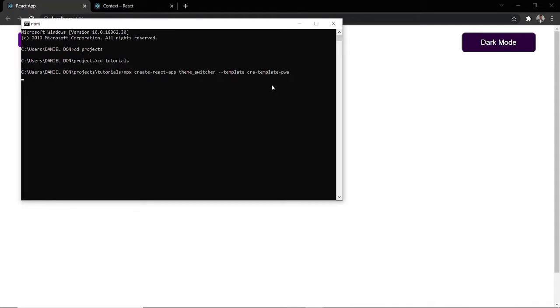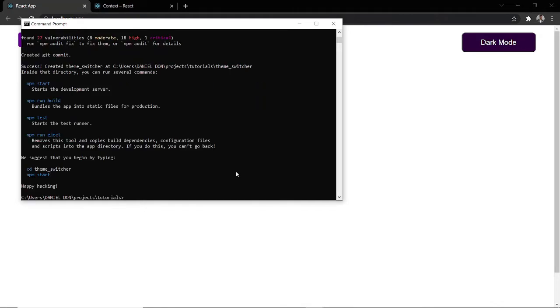So we are just going to wait for this to load. I might make this part a little bit faster, so you could just pause the video and then continue when I'm done. Yay! And now our application has finished building. We finished creating our new application, and the name is theme_switcher. So right now I'm going to switch to the directory of theme_switcher,